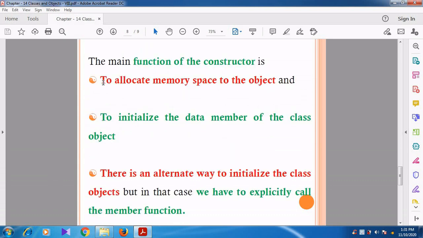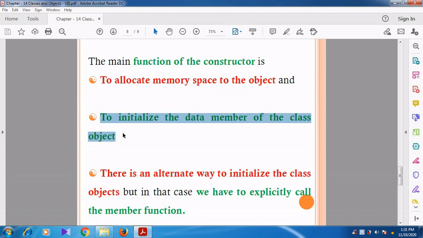See here. The memory space for the object is allocated only by the constructor, and the data members of the class object are initialized only by the constructor.